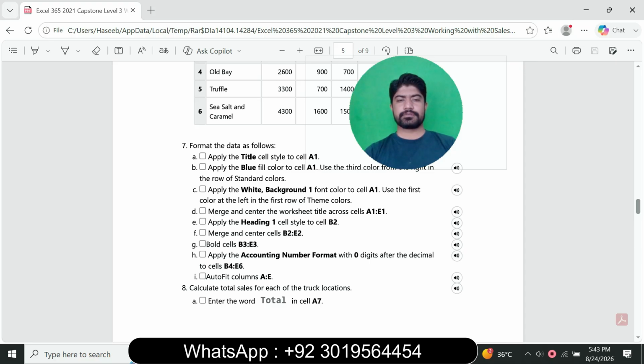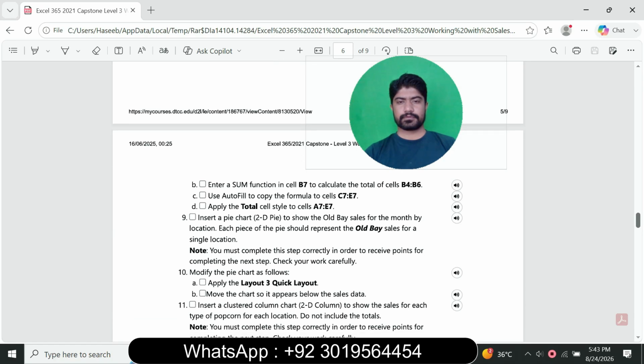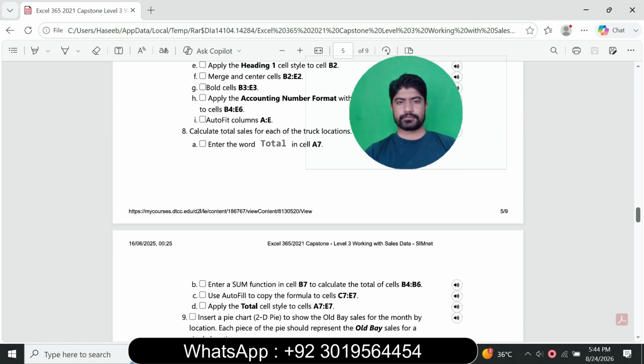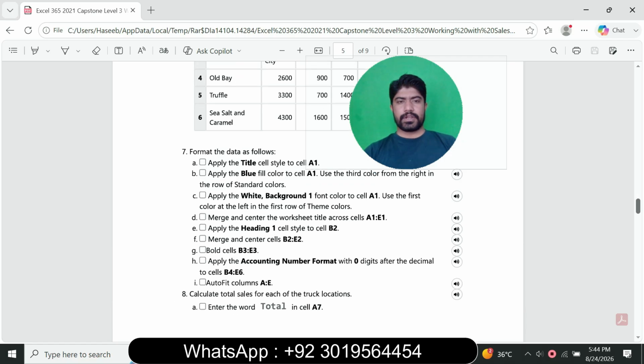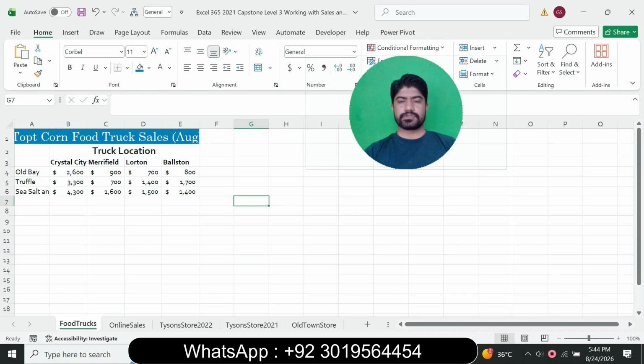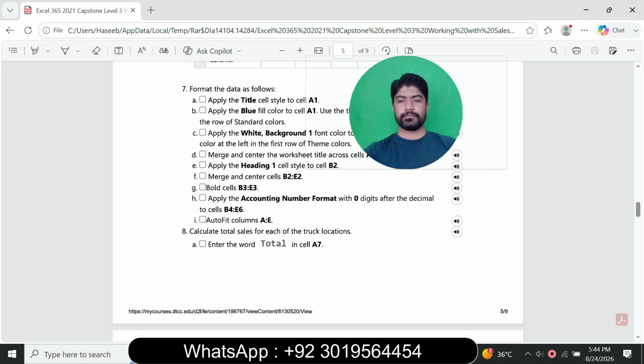So next, apply the auto fit column A to E. So select the column A to E and apply the auto fit column. So auto fit column A to E, and next